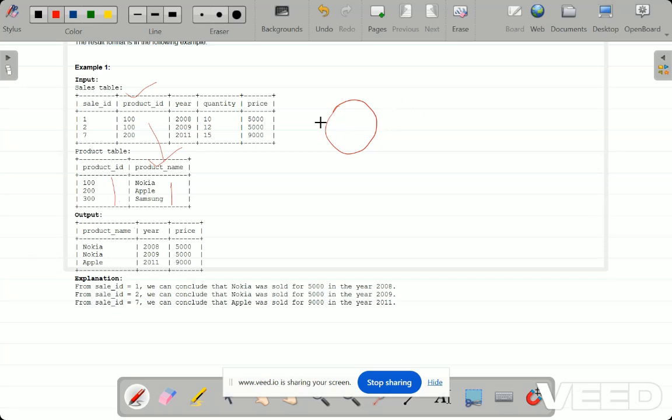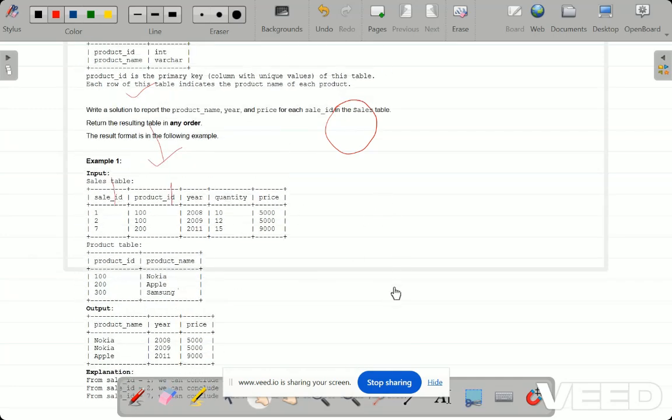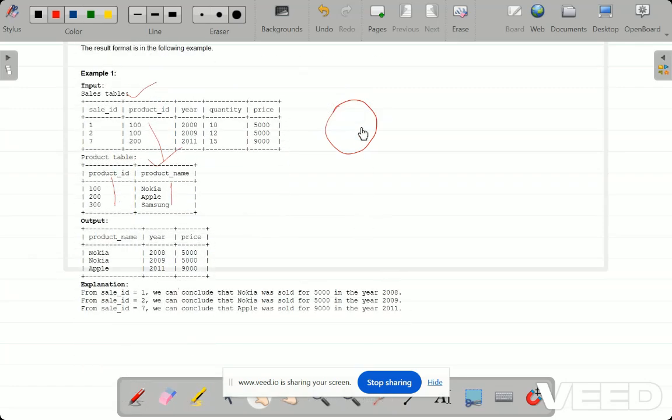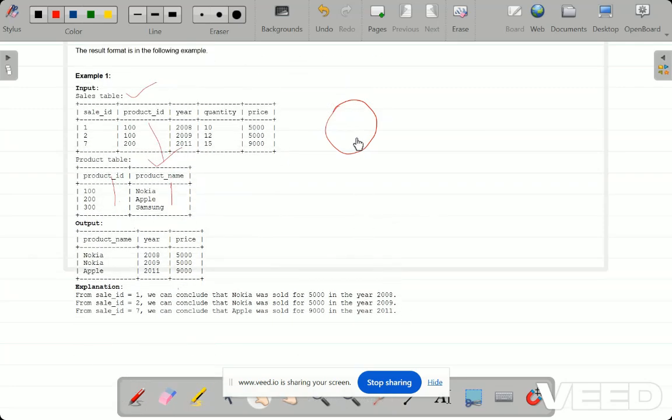If you don't understand, let's see the requirement once again. See what they are asking: report the product name and year for each sale ID in the Sales table. For every sale ID, we need data. That means, see here, this is what we call